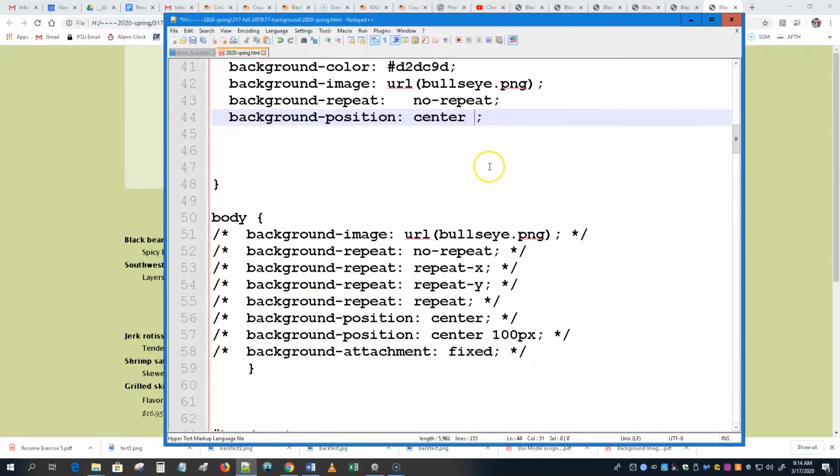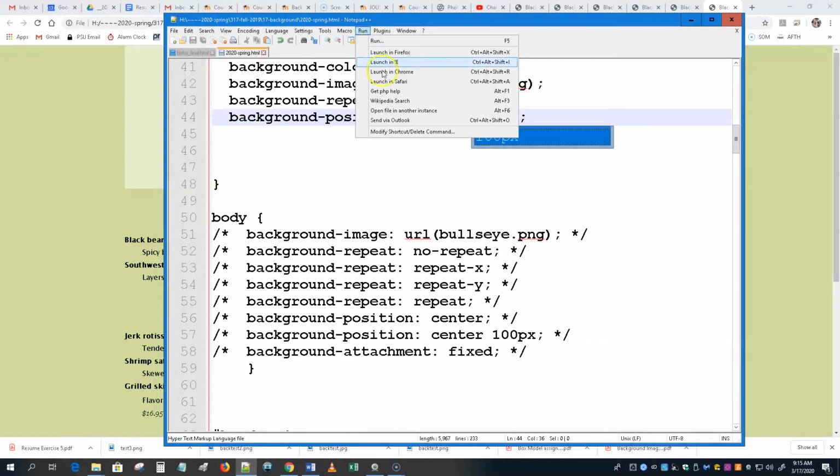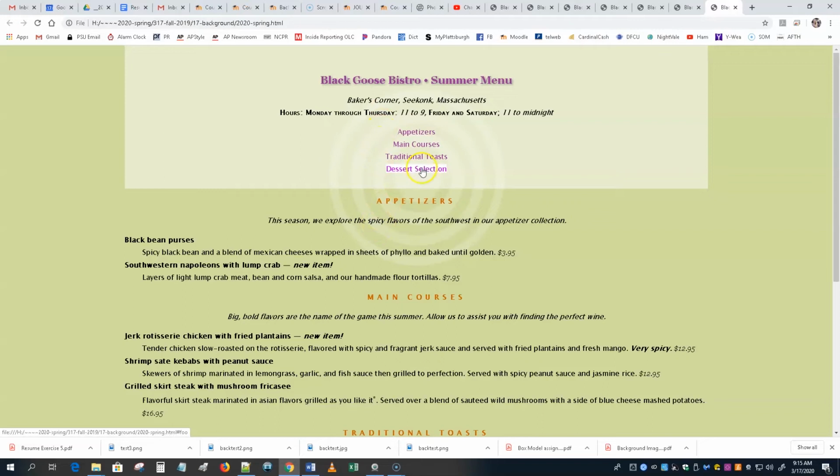So what if we put a space and put 100 px? You can read in your text about other things you can do. You can do left, right, you can do multiple numbers. I'm not going to spend a lot of time on this, but it's something you can read in your text. 100 px, it's centered, but now it's 100 pixels from the top. And let's say we liked that position or some other position, whatever, put a different number in there, 200 or